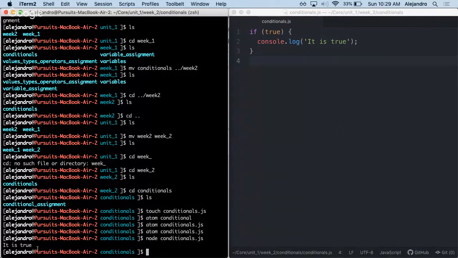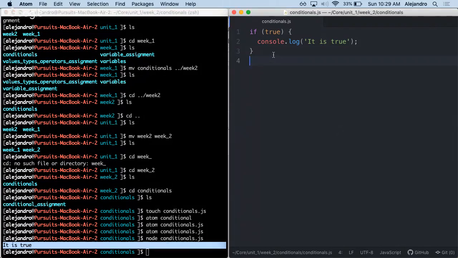Okay. Does everyone see this? This is true. It is true, right? Now let's see. So this is not very different from just writing console log. It's true,